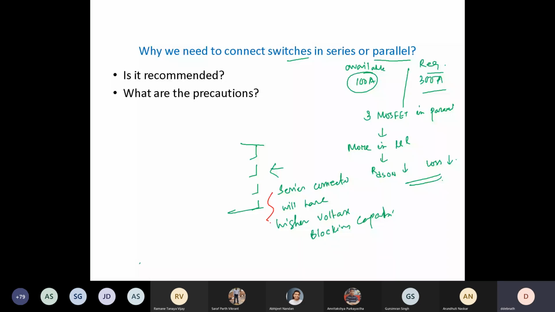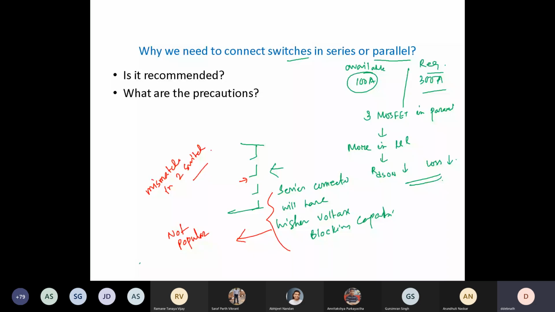Because when they're connected in series, they have to carry exactly the same amount of current, right? But assume that any two switching devices, even though they come from the same manufacturer, there will be some mismatch between the two switches. So think about this. If one of the switches is slightly slower than the other, then it cannot turn on and turn off at the same time as the other switches, right? So that will create a problem in this kind of scenario. So generally, when I need higher blocking voltage, I don't connect more devices in series.